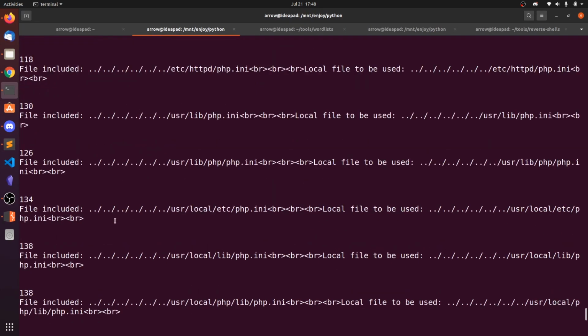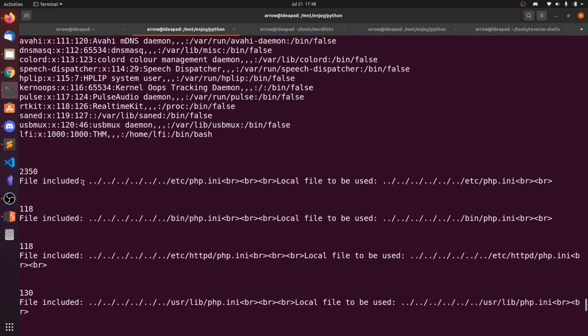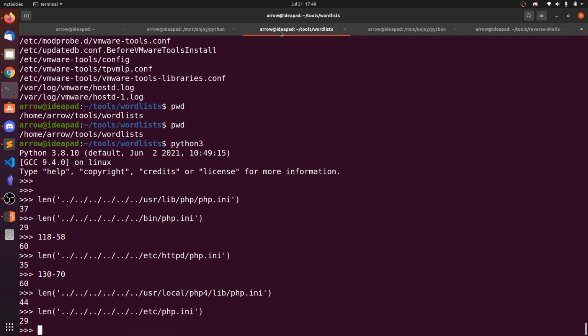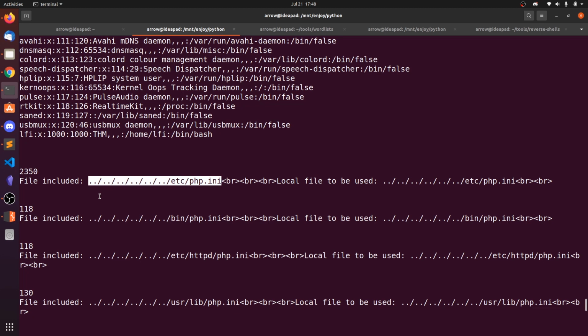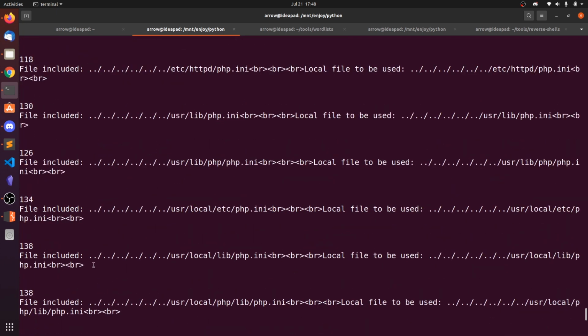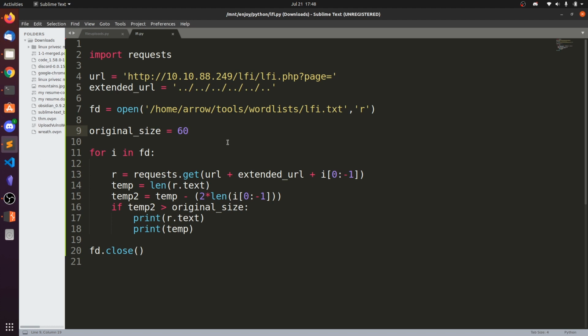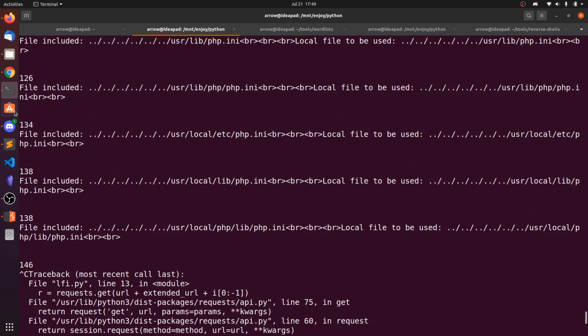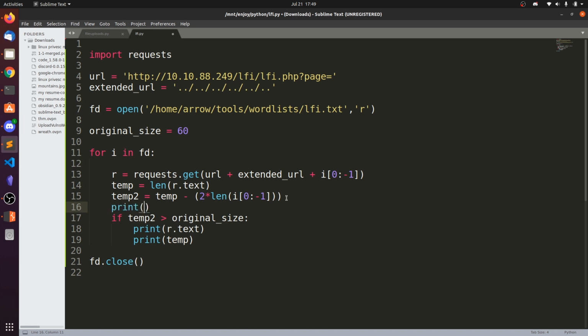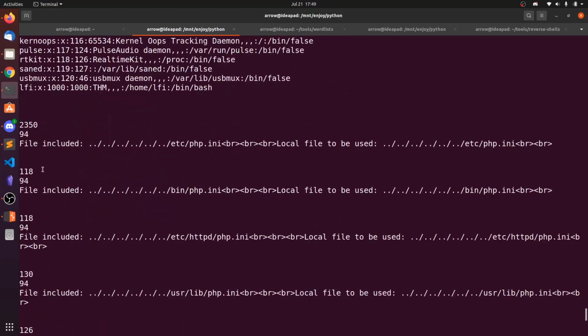I think 60 is the wrong number. Okay, now we just print this temp2 and let's see. Okay, 94.